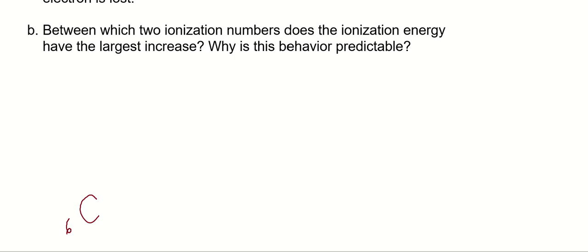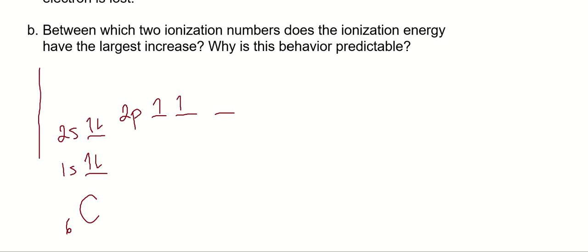And so the first 2 electrons are going to go into the 1s orbital. And then the next 2 electrons are going to go into the 2s orbital, and then the remaining are going to go into the 2p orbitals, something like that. Got energy going up like that. All right, so